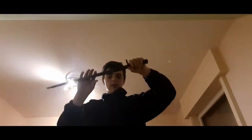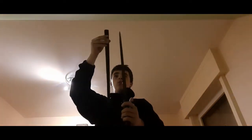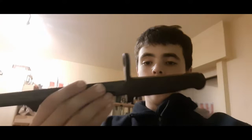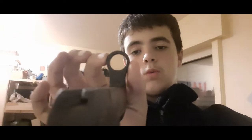Like this, we're back. Place it like this and show you guys the amazing. So it's a Belgium World War I bayonet. You can see those are much longer, so also everything is still on it. Take the camera again. So everything is still on it, like the little thing to place it on the weapon